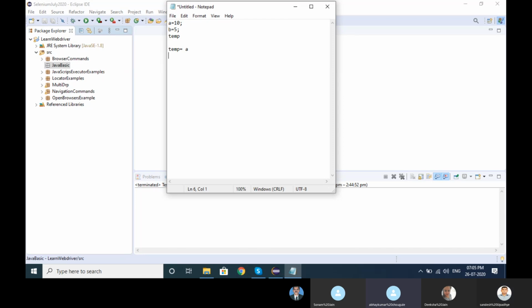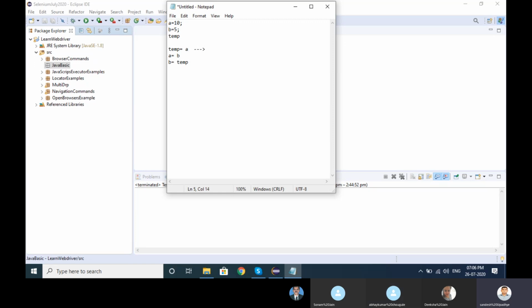And then assign B to A. Okay. And then assign temp to B. Okay.